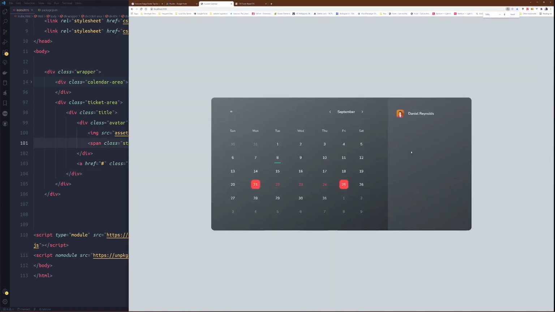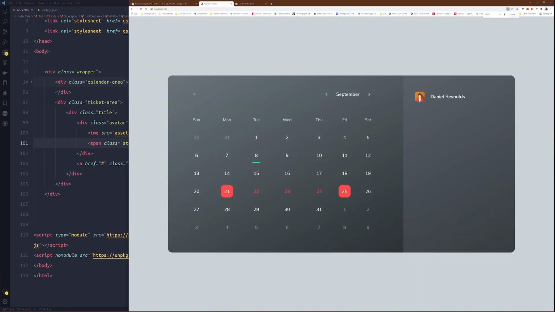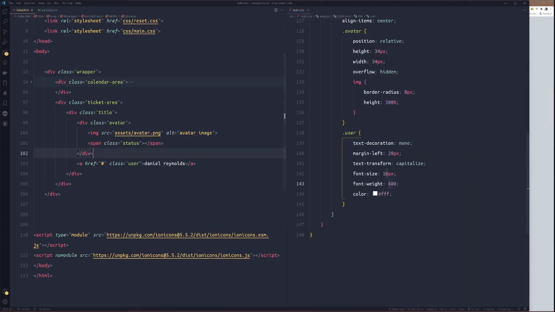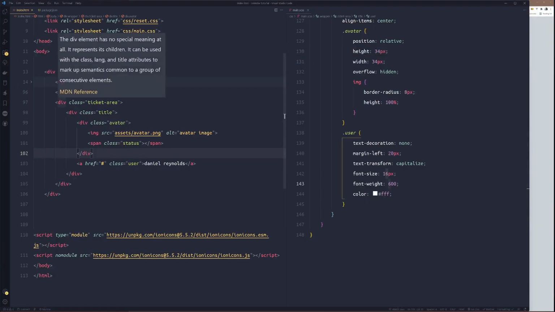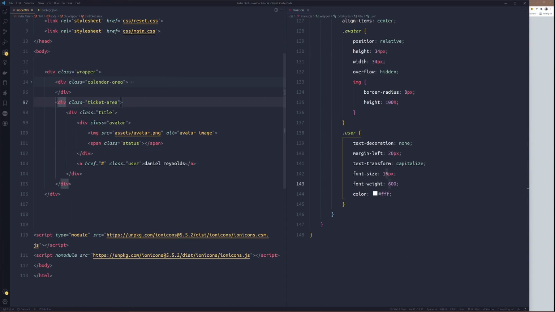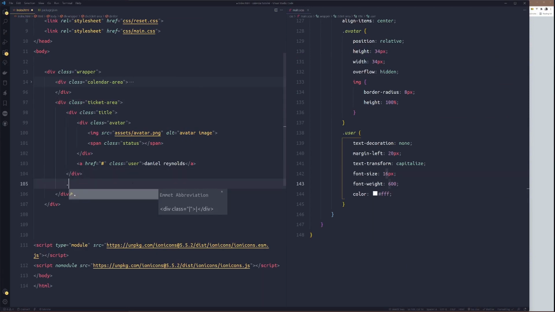Alright. So now we need to target this area. After the title, we'll create a new div with class destination.